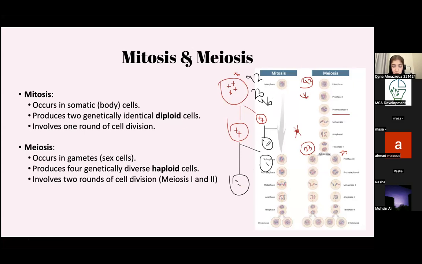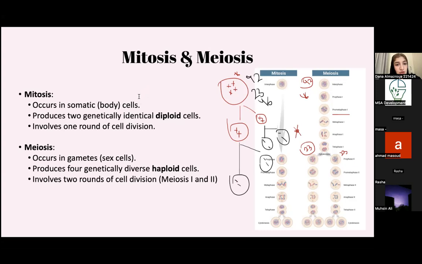So you'd have 23 chromosomes as well as 23 chromatids. So everything's now haploid. Do you understand this? Yes, Rasha, your answer is actually really good. She said 23 chromosomes with 46 chromatids. Yes, exactly. This is what happens after meiosis